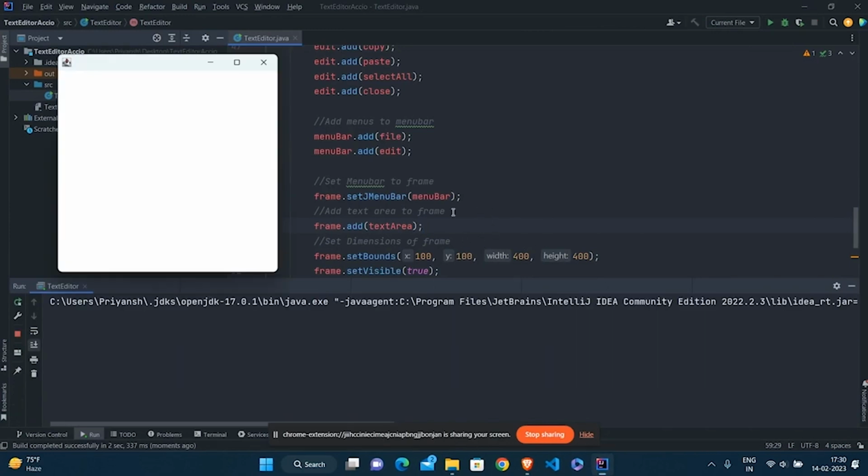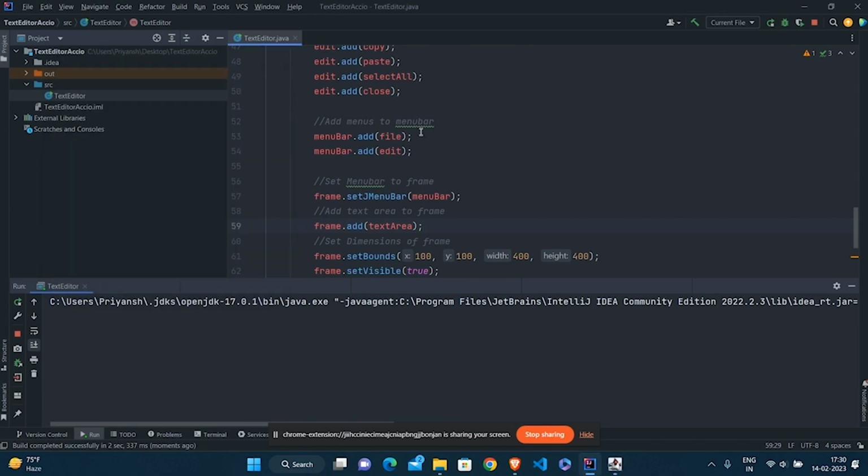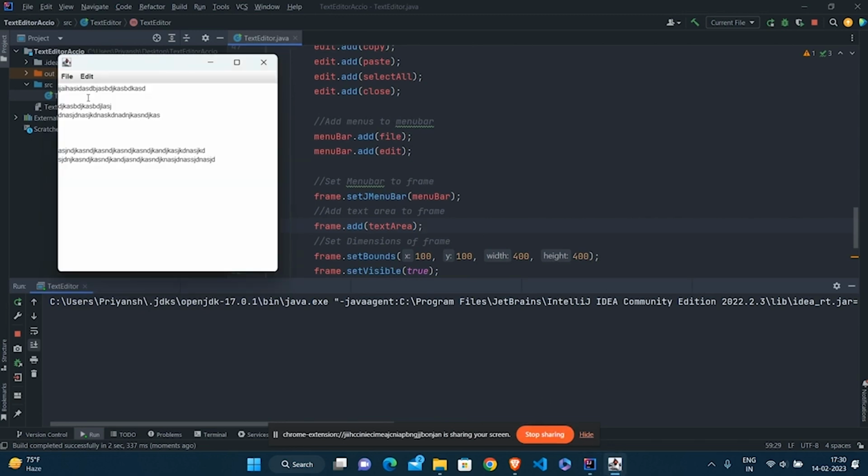Now let's just see if it works fine or not. So now you can see we have a text area here. So we have the basic UI for a simple text editor that we need. Now what is left is to implement the functionalities of these menu items.